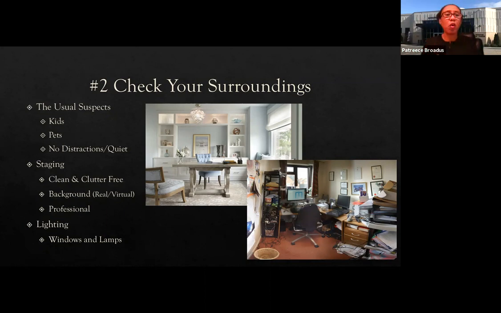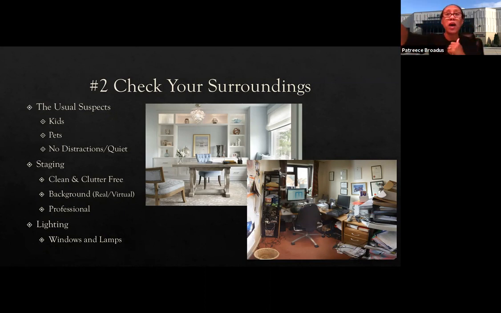Okay. So with that being said, you also want to take into account your staging. We talked about the usual, but what is the environment you are in? What is the recruiter going to see when he or she is interviewing you? You want to make certain that your surroundings are clean and clutter-free, or at least the part that the camera sees.